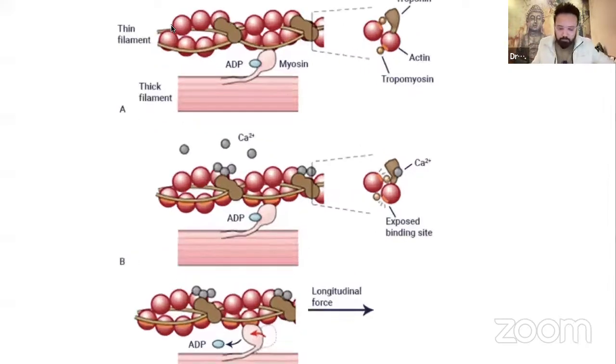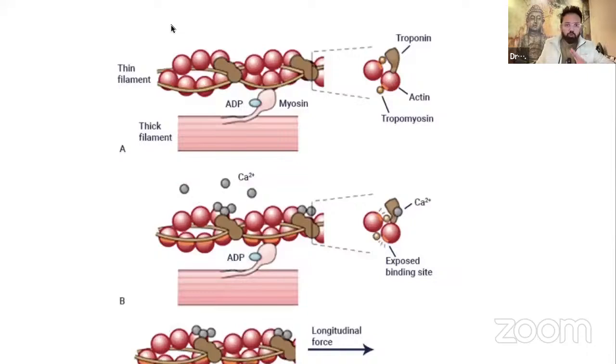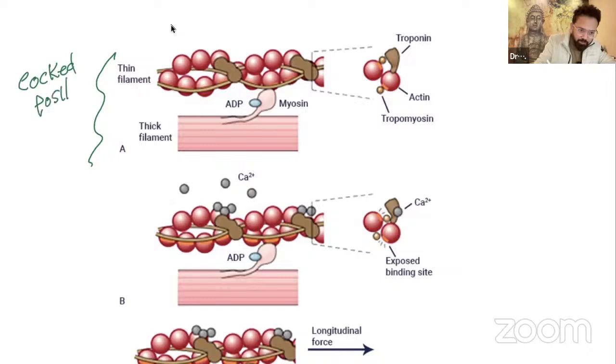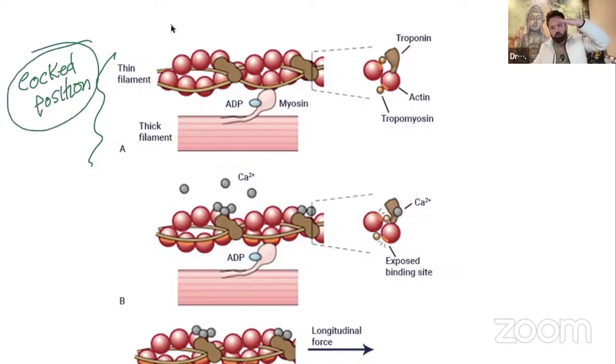Anyway, so this is called as which position, doctors? It is called as cogged position. So when this is your light chain, this is your heavy chain, and they are emerging like this, it is